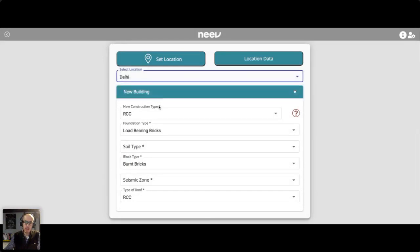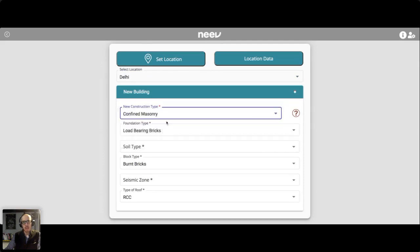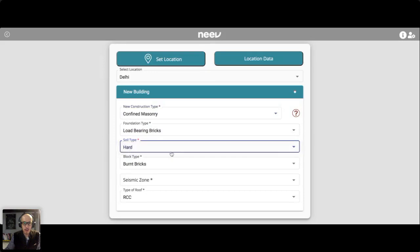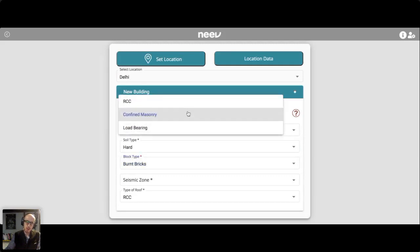Let's say it's in Delhi. And this time, say I want to have a confined masonry type of structure. This is very common also in post-disaster situations. I can choose the soil type. The type of bricks and the type of material depend again on the type of construction. So if I choose